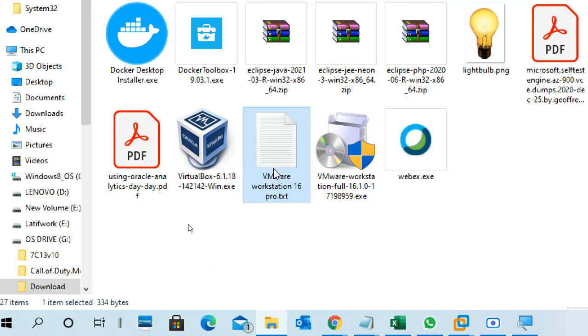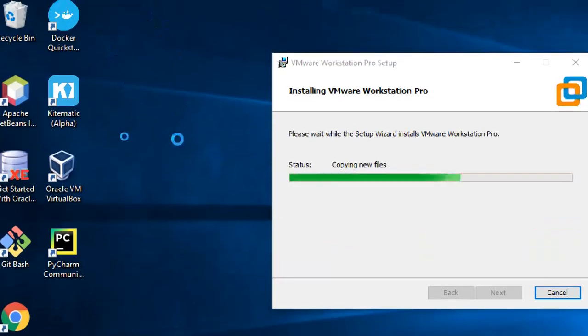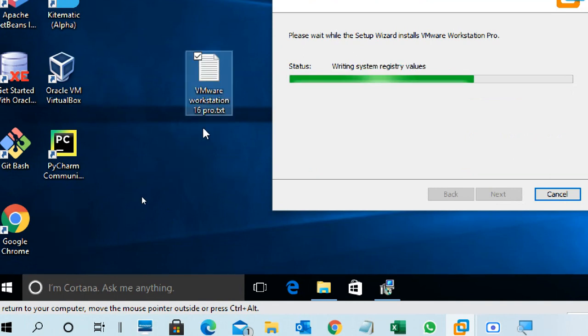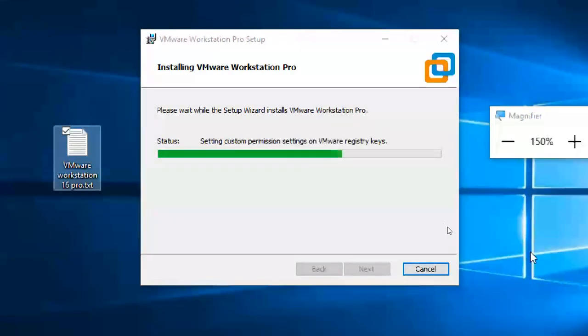I can copy paste also. The process is running, right? So I pasted it here. It came. I copied and pasted this file. Let it complete.